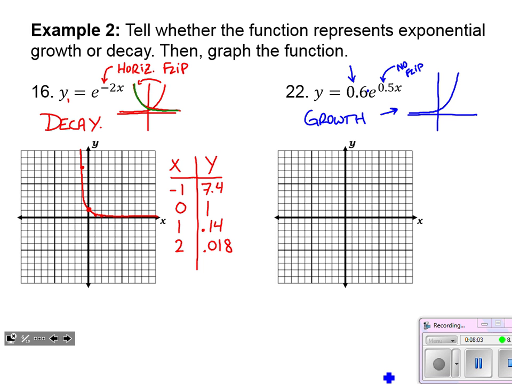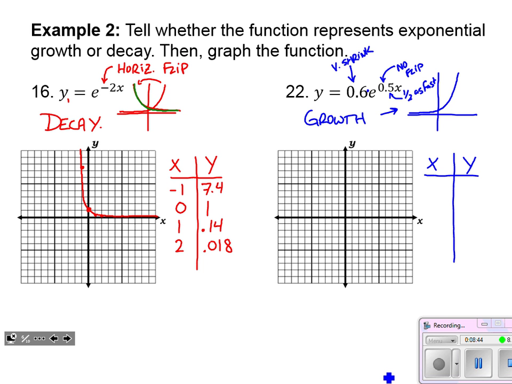And all they've done, if we think about our parabolic charades that we talked about a long time ago back in September, this is just giving us a vertical shrink, compressing that graph down vertically, and this is saying like half as fast. So it's going to be stretched out horizontally, but it's still going to show that exponential gaining height to the right. So let's type this one in and see if our table agrees with our predictions here. 0.6 e to the 0.5x. And we'll go to our table. Here is what I'm seeing.